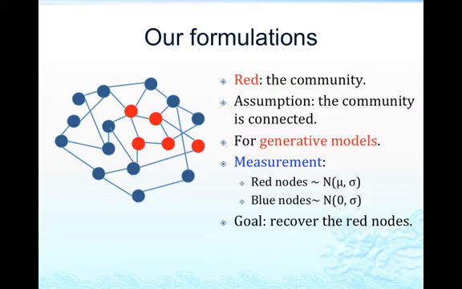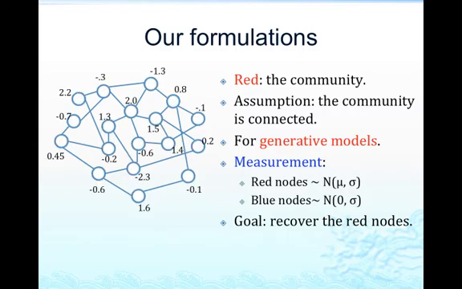We also observe signals associated with each of the nodes. All the signals are Gaussian random variables. When a node is not a community member, the signal is sampled from a zero-mean Gaussian random variable. Otherwise, the signal is sampled from a positive-mean Gaussian random variable. In our community detection problem, we are given the network structure as well as the signal values. Our goal is to recover the community decided by nature. For instance, in this example, if we are given this graph and the values of the signals, then our goal is to recover the red nodes displayed in the previous slide.